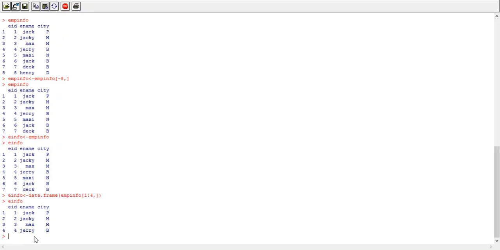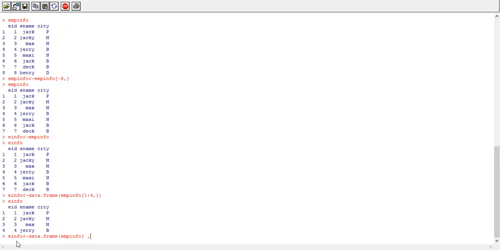Okay. Now we'll see how to create a data frame by fetching all rows but a few columns. Okay, the opposite of the previous example. So again I am overwriting the einfo data frame. Now instead of giving a row index, I am giving a column index. So the first field is empty, then comma, which means I want to fetch all the rows.